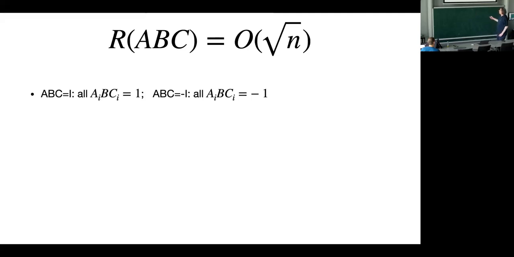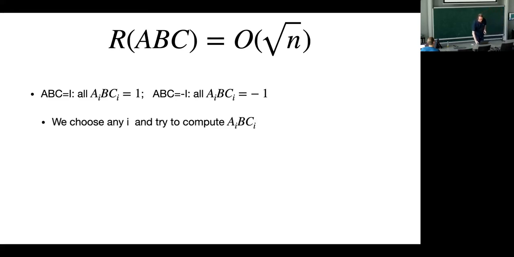If ABC is identity, then if you take the ith row of A multiplied with B and then the ith column of C, you get a 1 for every i. On the other hand, if this is minus I, then you get a minus 1. So you can just simply choose any i, it could be just 1, for instance, and